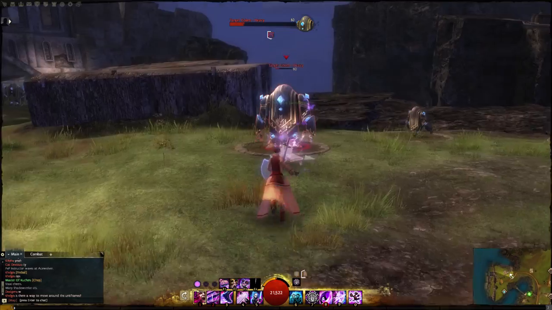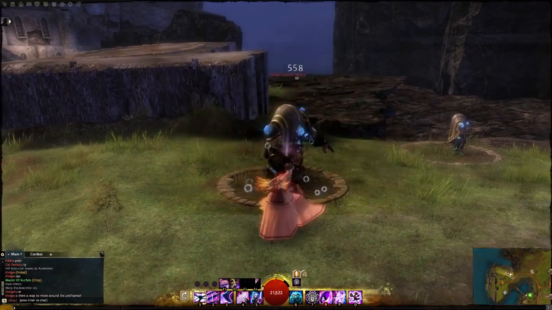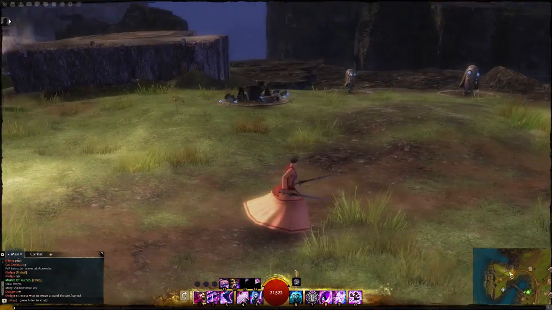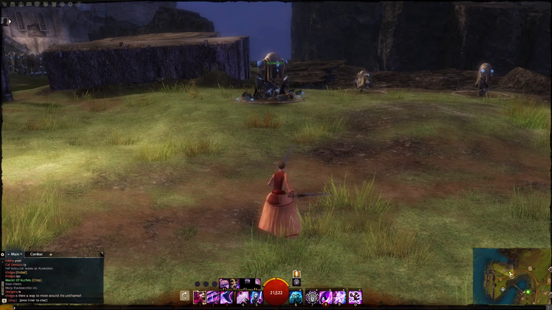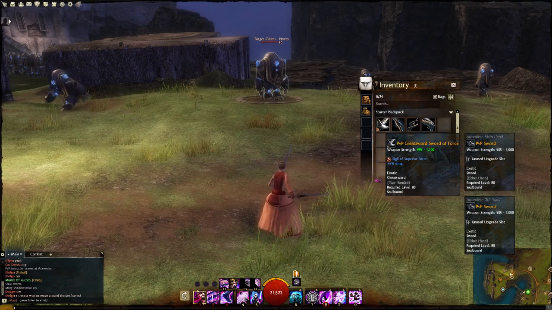And you also have to watch out that if you double tap, you will create an illusion as well. And you can pretty easily create constant illusions because of this, as well as using all your abilities and such. So that's quite nice. Let's move on to the greatsword, which is, like I said, a ranged weapon in this case,